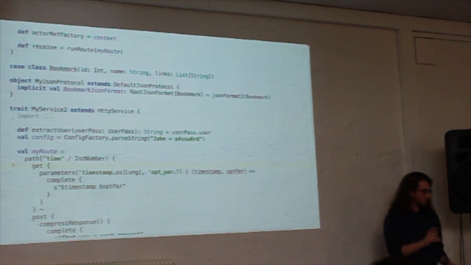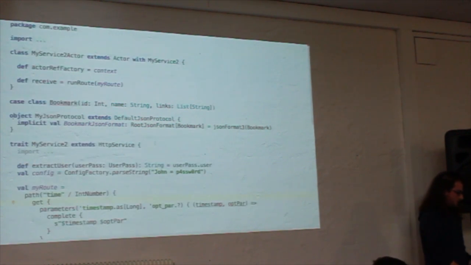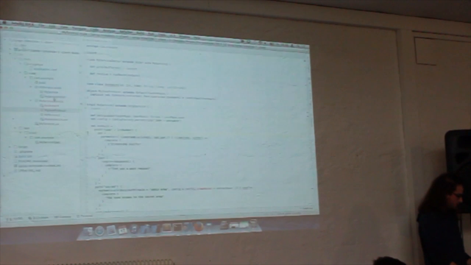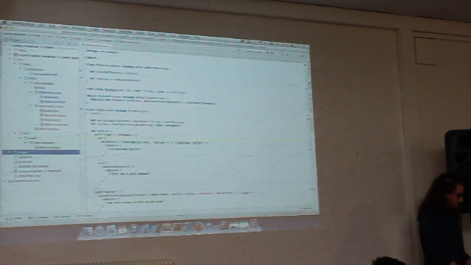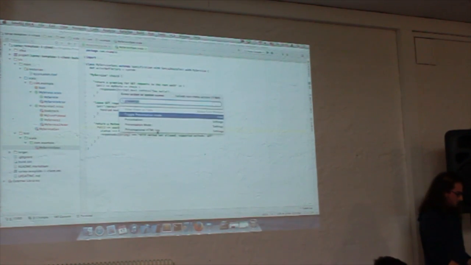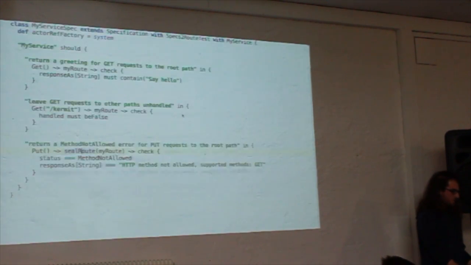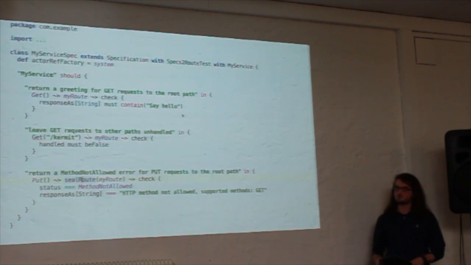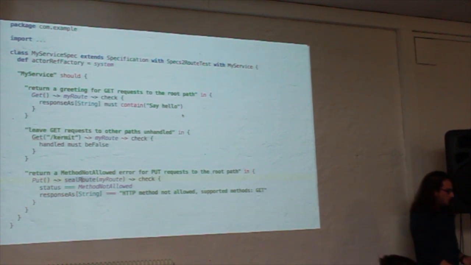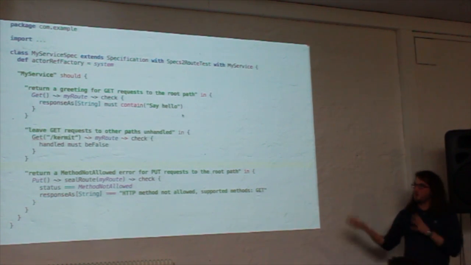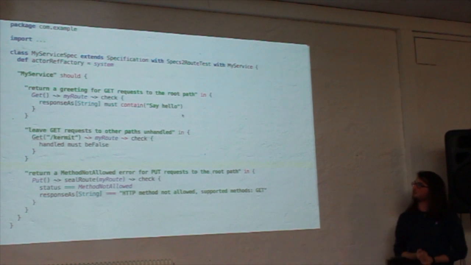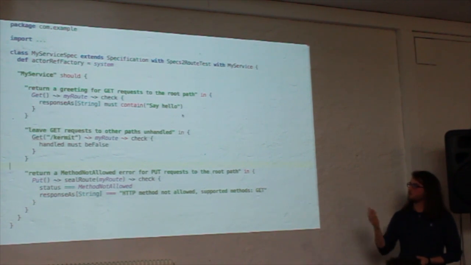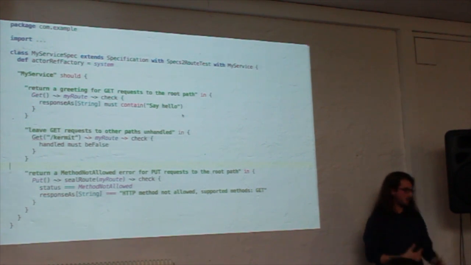Right. A short look at testing. Again, those are just the tests taken from the Spray template, so I didn't write those. But you see how it will work if you start to test your routes. This just takes the routes, which is why we split up the route from the actor.